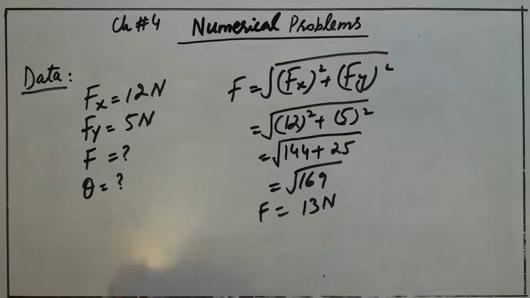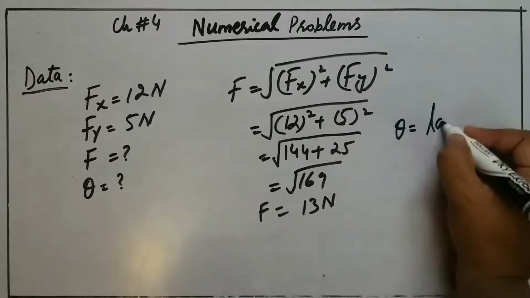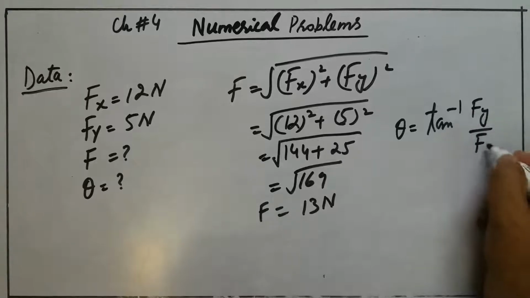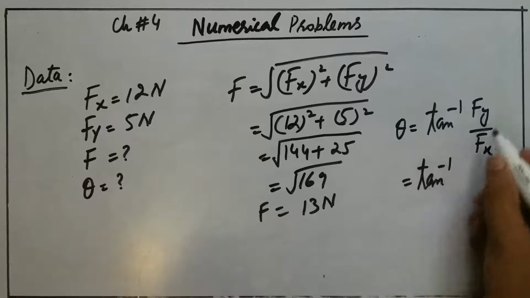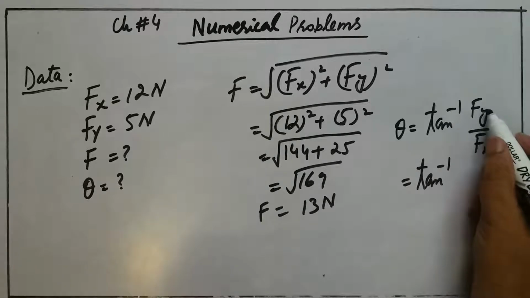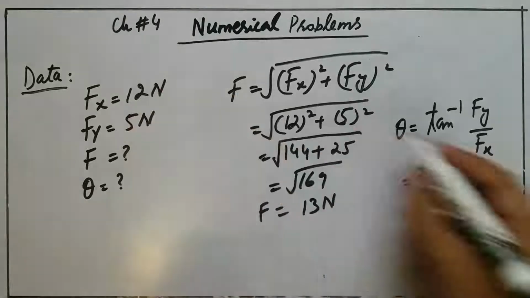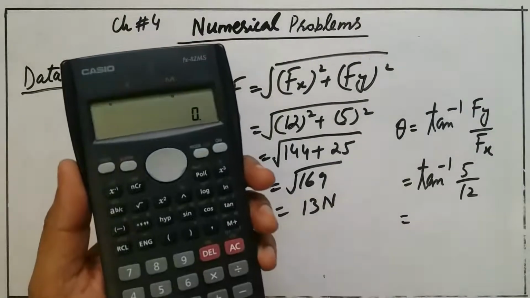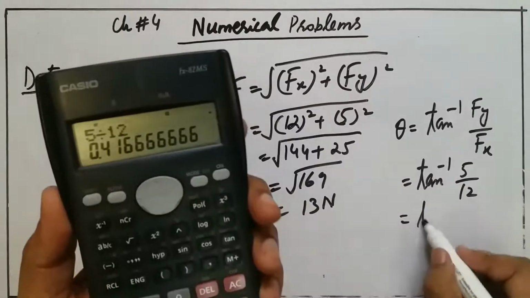In order to get the direction of the force, we are going to use the formula theta equals tangent inverse of Fy over Fx. We have to take the tangent inverse of the value we will get from dividing Fy, which is 5, over Fx, which is 12. So divide these two values and take the inverse tangent. So 5 divided by 12, we will get